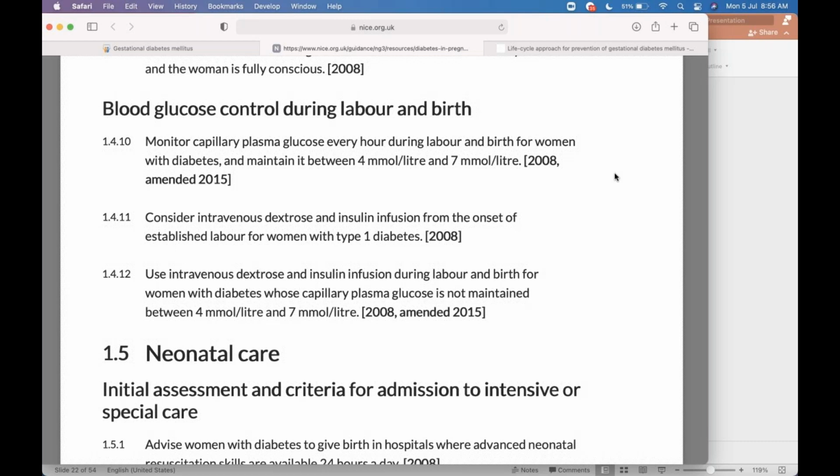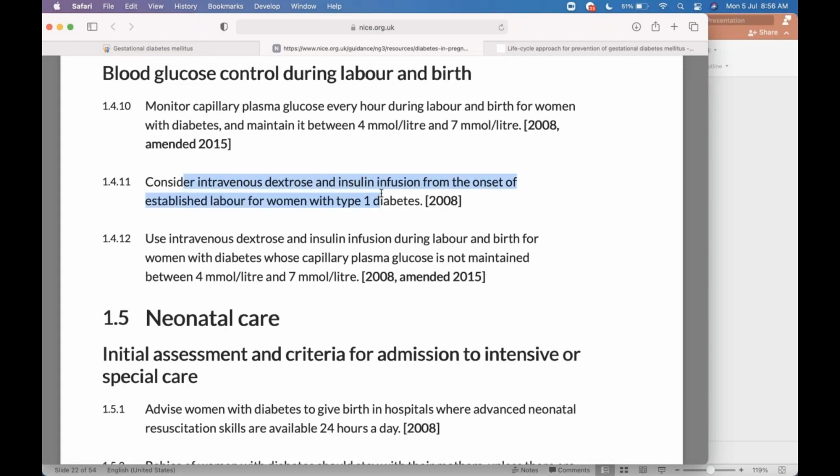But if we are doing an elective induction, we may be able to skip that. As we discussed, if the levels go below 70 milligram per deciliter, then we would go for dextrose infusion and DNS. If the blood sugar levels are more than 110, only normal saline would suffice. Between 70 and 110, as long as she's drinking orally, that is good enough. But if she needs IV fluids, we will go for an intravenous dextrose and insulin infusion, which is called